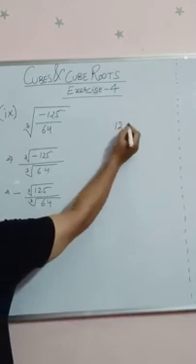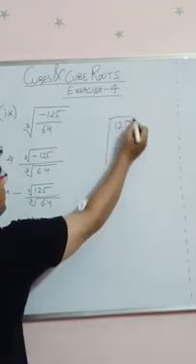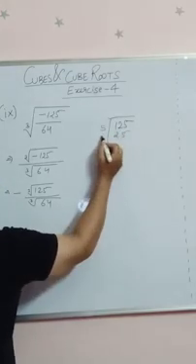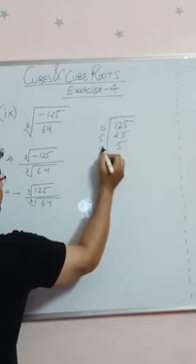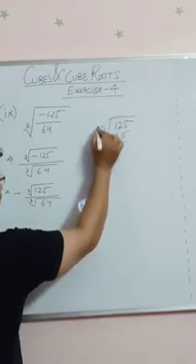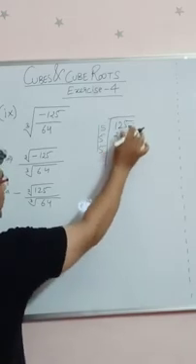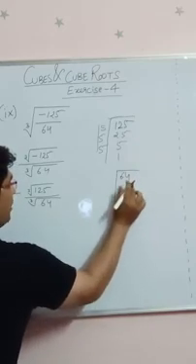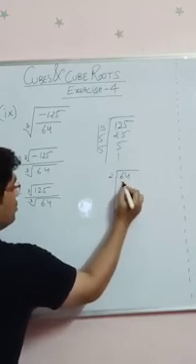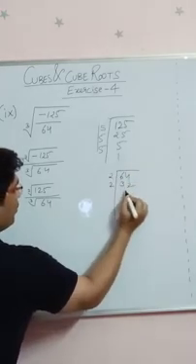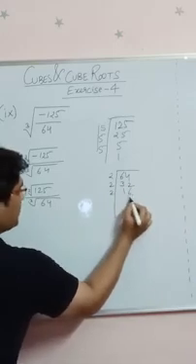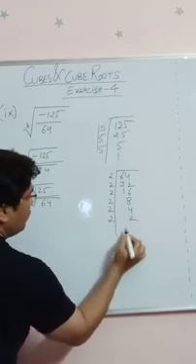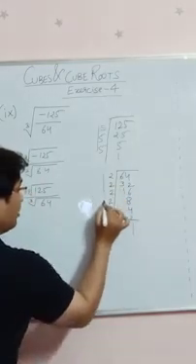Let us find the prime factors of the numerator and the denominator individually. So in order to find the prime factors, as the unit place is 5, I am going to begin with 5. 5 2s are 10, 5 5s are 25. 5 into 5 is 25, 5 into 1 is 5. So we have got the triplet of factors for 125. Similarly, I am going to do it for 64. 64 as a unit place is an even number. I am going to start with 2. 2 3s are 6, 2 2s are 4, 2 1s are 2, 2 6s are 12, 2 8s are 16, 2 4s are 8, 2 2s are 4, and finally 2 into 1 is 2. So we have got the triplets again.